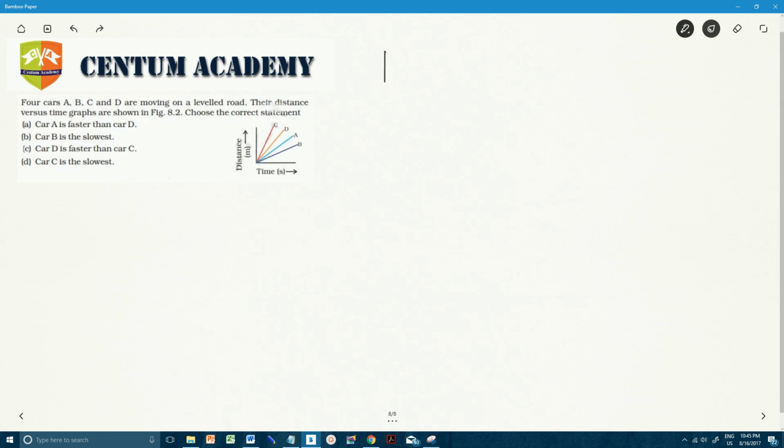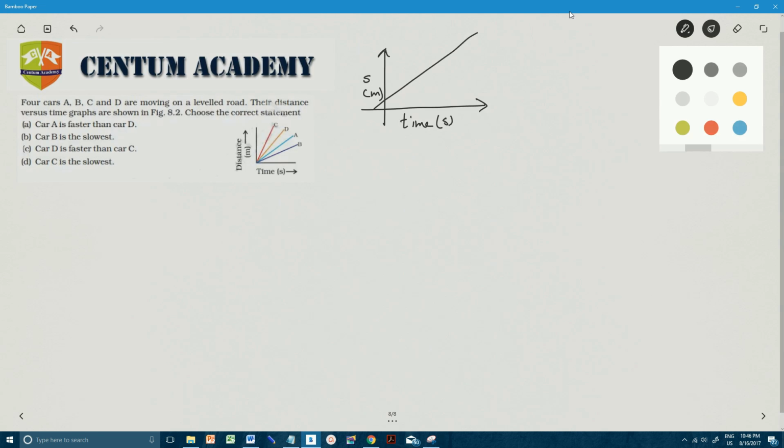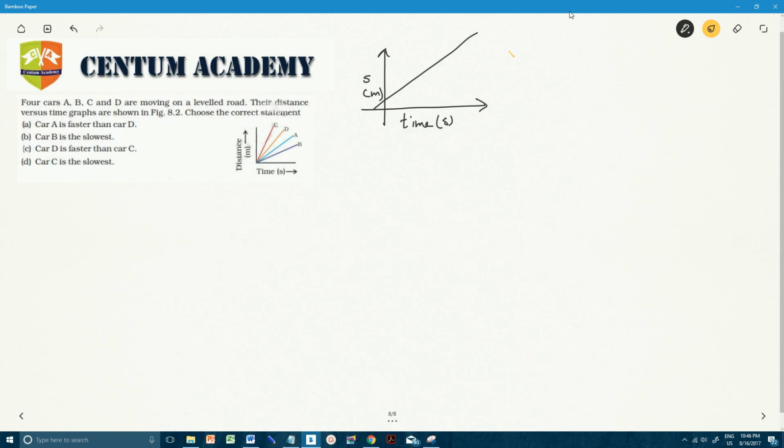So let's see. So this is my distance time graph. Here is distance in meters and here is time in seconds. So if there is a straight line, how do I find out the velocity? Or rather, velocity will be a wrong term to use here. Why? Because it's a distance time graph. So speed is given by